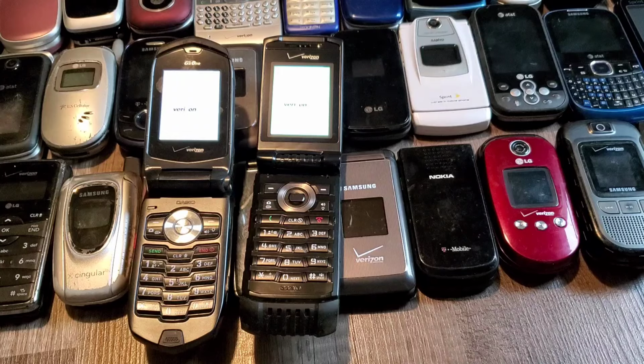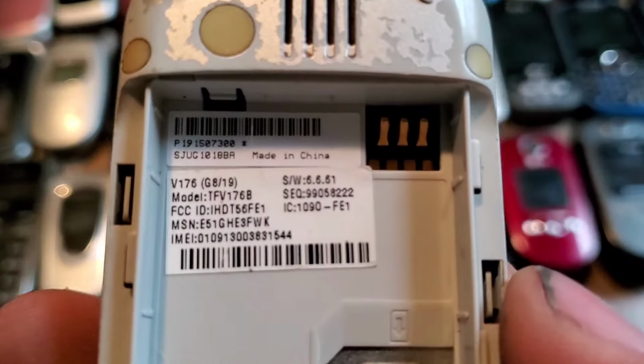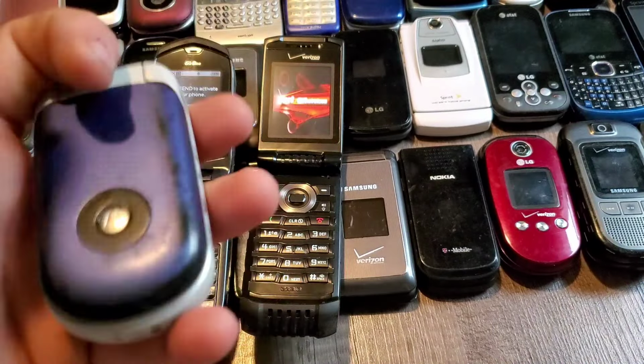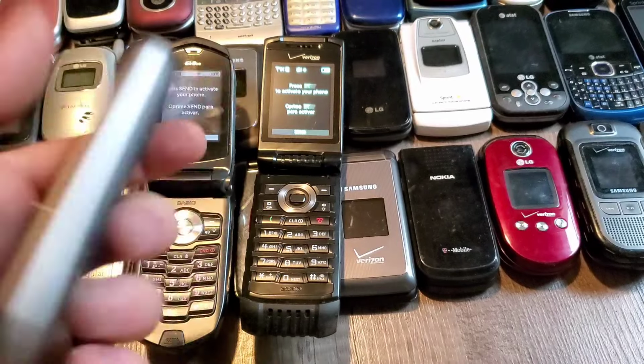Here's a Samsung T109. Doesn't have a battery, but it does work. Motorola, let's see, V176. It is with Tracfone. It's in really rough shape, but it does indeed work. It's one of the very few Tracfone devices that I have that doesn't actually require the OEM SIM card either. Here is a LG